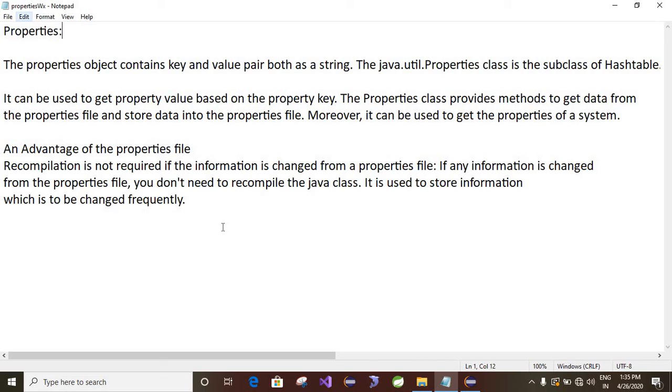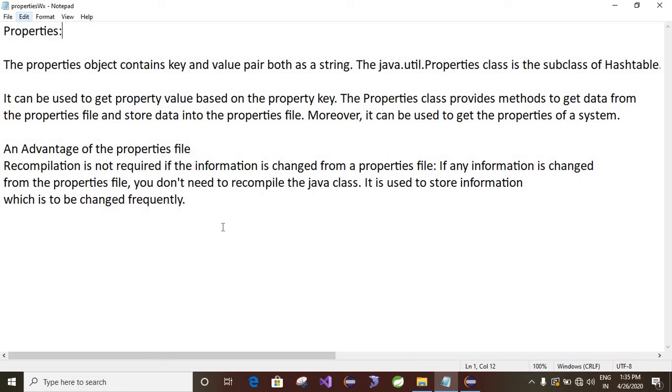The Properties class provides methods to get the data from the properties file and store data into the properties file. Moreover, it can be used to get the properties of the system also. Later we can see how to get the properties of the system.